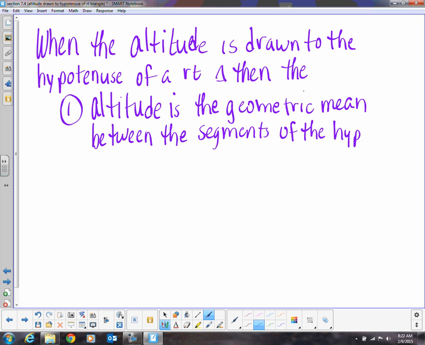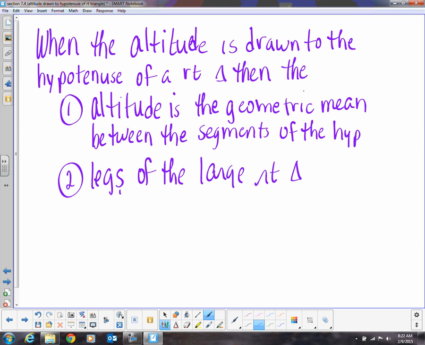It's amazing. I could read or recite any of these theorems in the book. And then the large, no, let me rewrite that. Leg of the large right triangle would be better. And the legs of the large right triangle